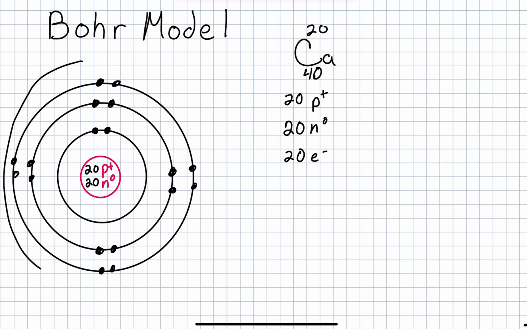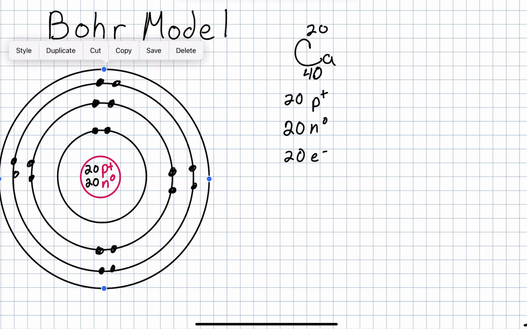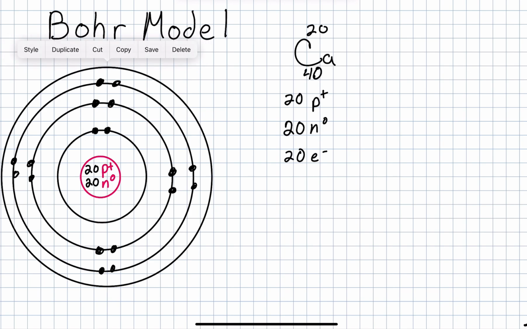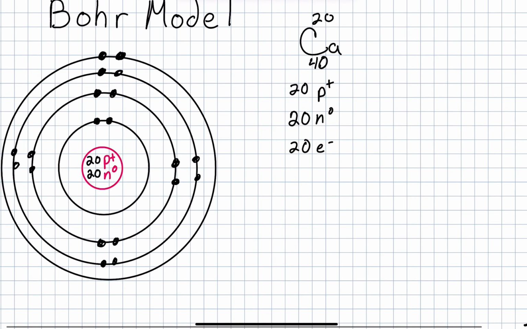I need one more energy level. Let's see if I can make it fit here. There we go. It's close enough. So that was 18, 19, and 20. And so with this,